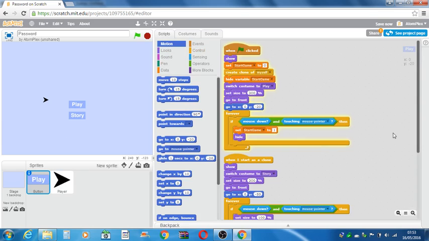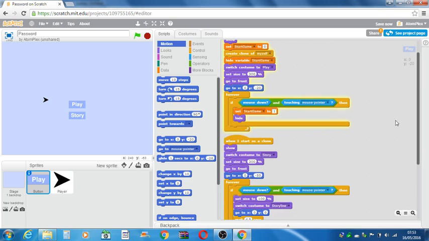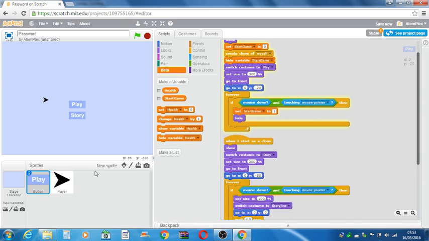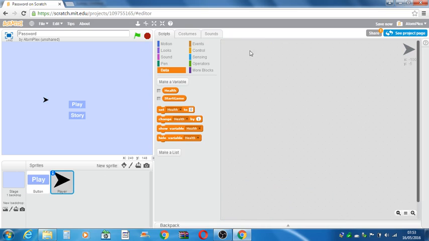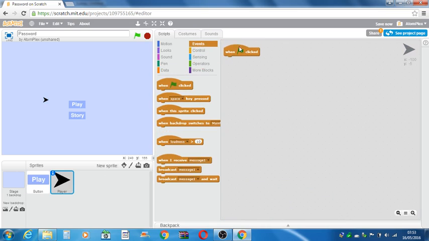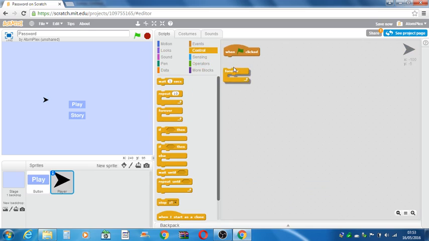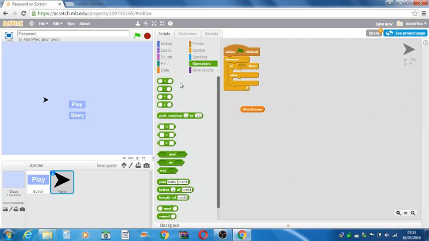Because in our play button we made it so that when the game starts, start game is set to 1, which is a variable which holds numbers. We can basically do a forever if then else. So what this does is if something happens, it does this. If it's not happening, it does this. So we'll call this if start game equals 1. And then what we can do is